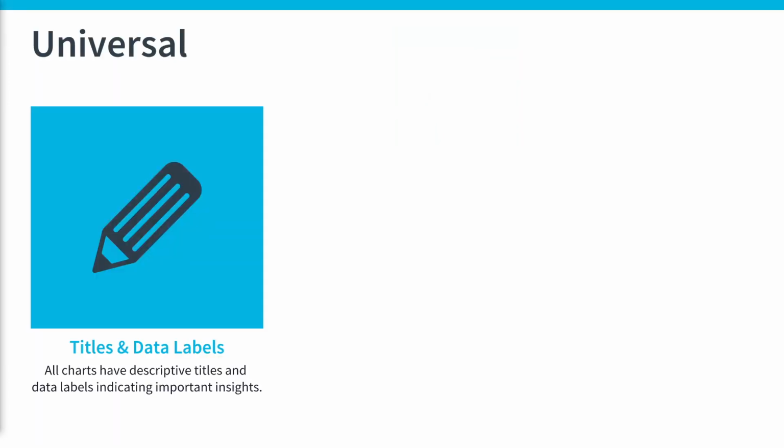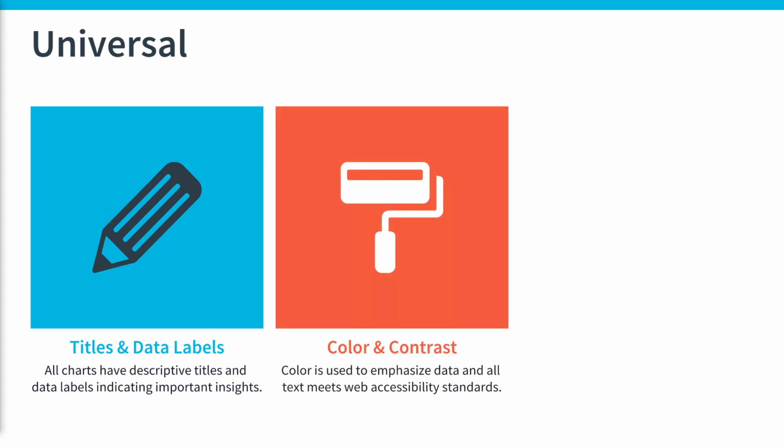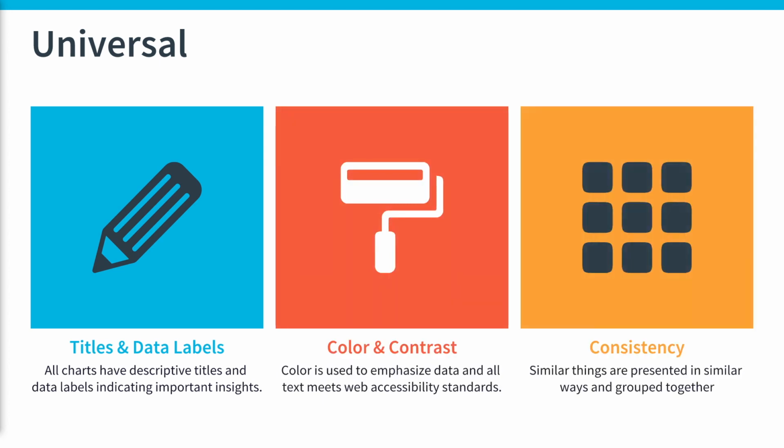For example, we've already talked about the importance of creating descriptive titles and adding data labels to charts so that users never have to guess what they're viewing. We've also discussed the importance of how color and contrast are used in your report. Finally, consistency is simply the exercise of presenting similar things in consistent ways across your report. Our discussion of design principles identified several ways that you can do this, including by grouping similar items together and